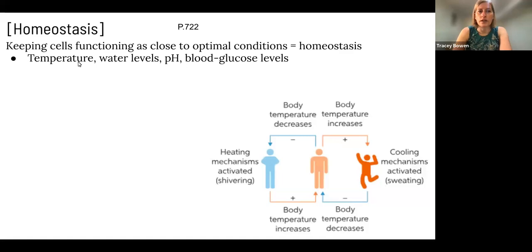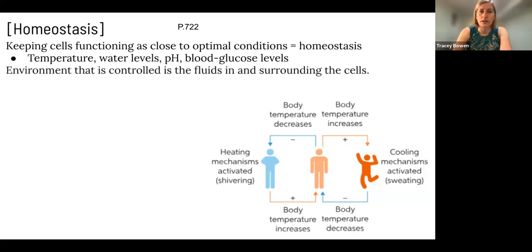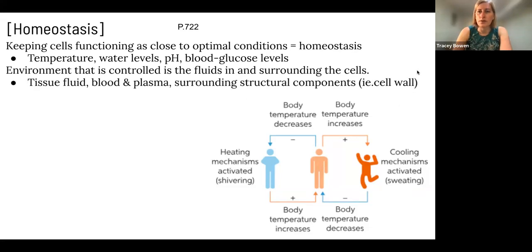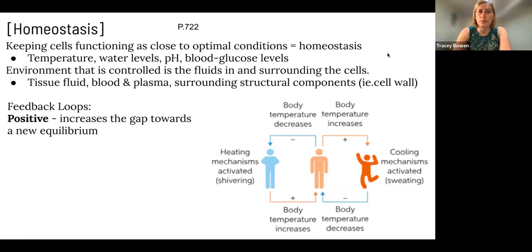And that is going to focus on temperature, water levels, pH, blood glucose levels. So how is our body maintaining those things so that our cells can function optimally? The environment that is controlled is the fluids in and surrounding the cells. So that's going to be stuff related to tissue fluid, blood and plasma, surrounding structural components, i.e. the cell wall. And there's going to be a number of feedback loops occurring in our bodies in order to